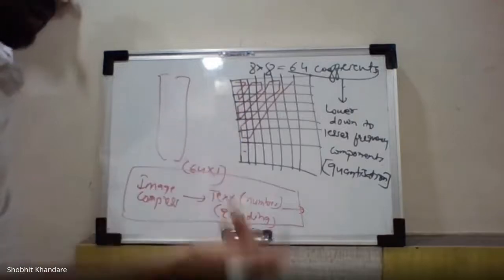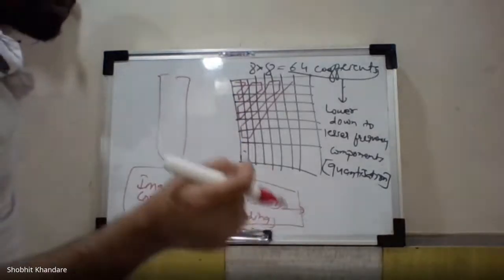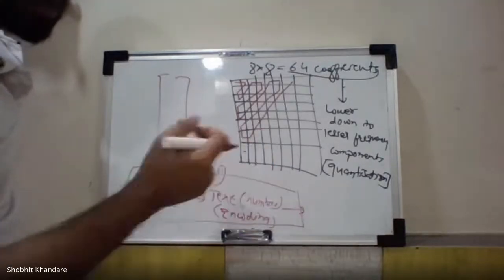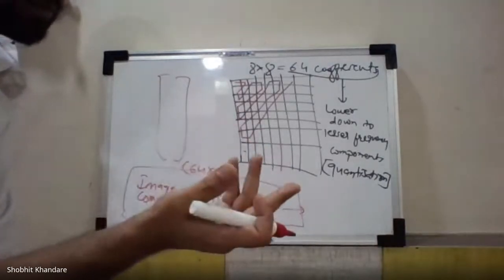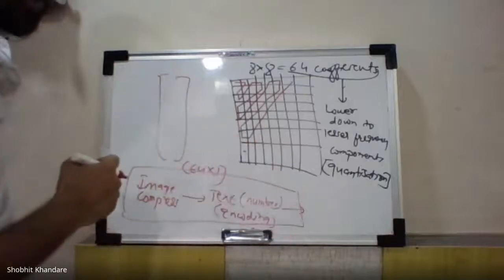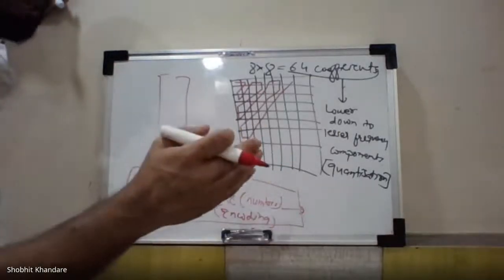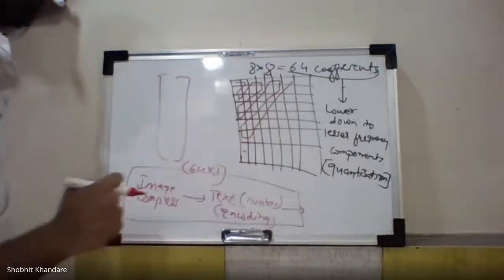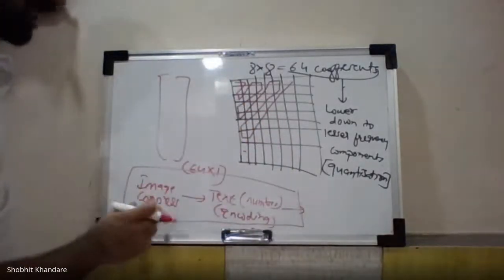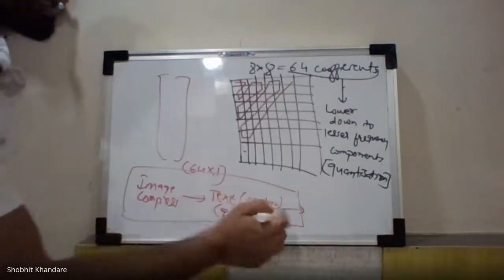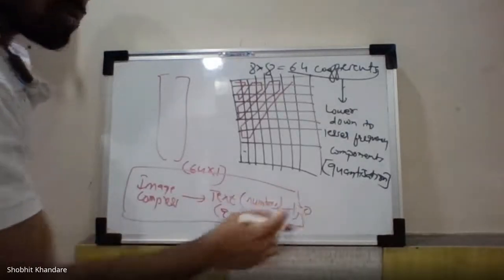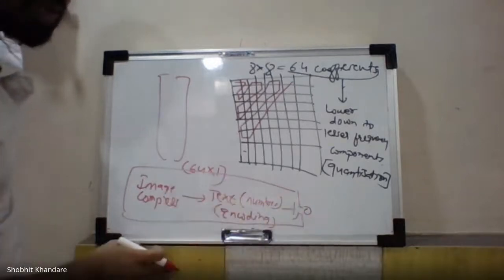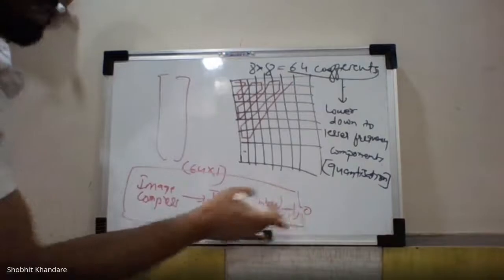Whenever you talk about lossless, the entropy encoder, like Huffman coding, is used in text encoding. As far as text encoding is concerned, it is a lossless compression. The image is converted into text. Text is nothing but what? Ones and zeros. Encoding is nothing but what? You are converting everything into ones and zeros.